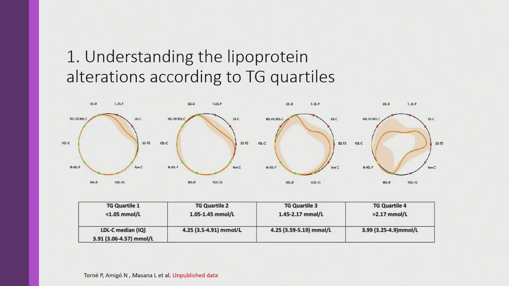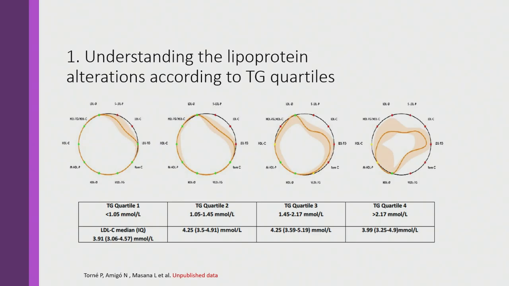In the case of understanding more the molecular mechanisms, I would like to show you part of our results from the collaboration with the Hospital Sant Joan in Reus, a clinical hospital that has incorporated the technology into clinical practice. That includes 1,000 patients from the routine that have been analyzed by this technology. And we have stratified the population, these 1,000 individuals visiting the lipid unit, so with alterations in lipids in general, or familial alterations in lipids. And we have stratified according to quartiles of triglycerides.